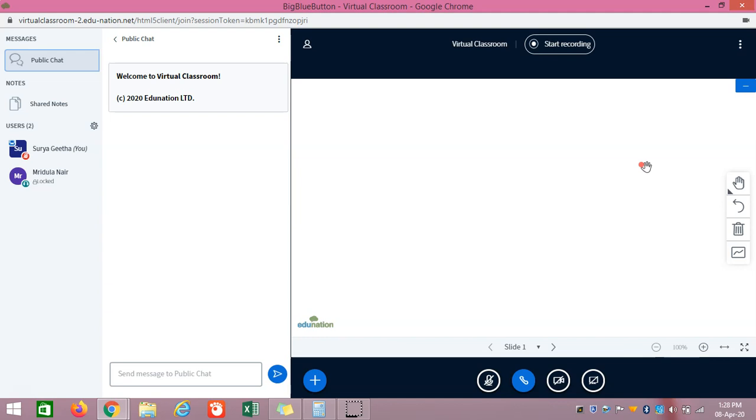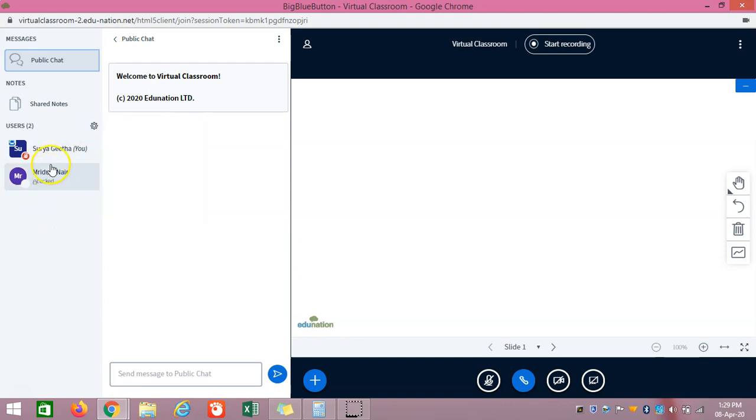Okay, then let us see the other settings here. When you click on manage users, we have discussed lock viewers. Now we can discuss other options in the same menu. Okay, the first we can see is clear all status icons. I will tell you what a status is and how to change the status, and what is meant by clearing the status icon.